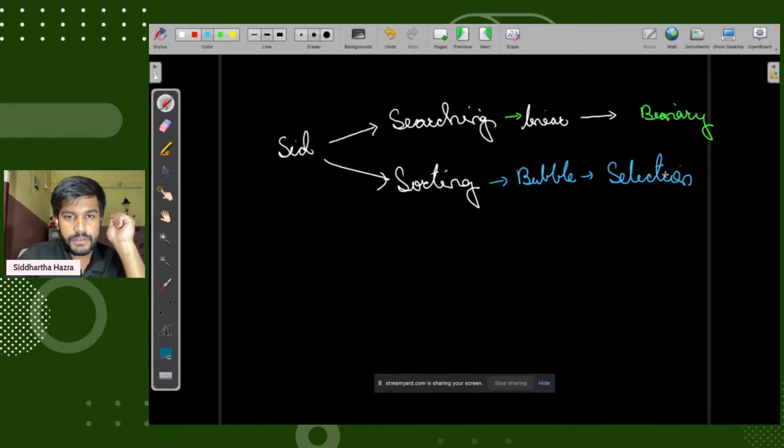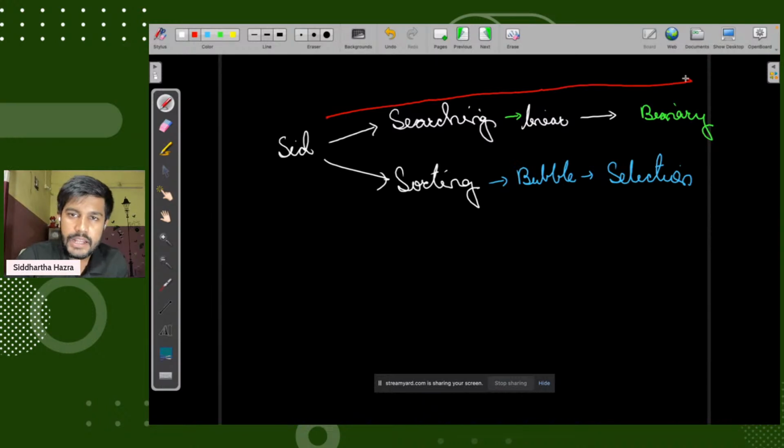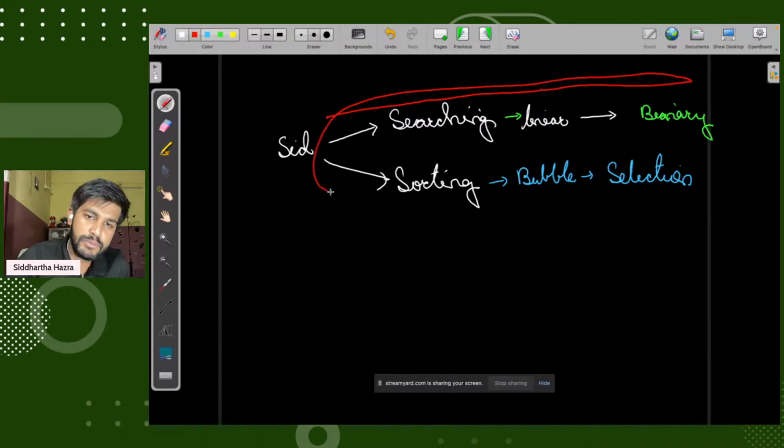We are moving forward with searching, then linear, then binary, and then we come back and move to sorting, bubble sort, and selection sort.